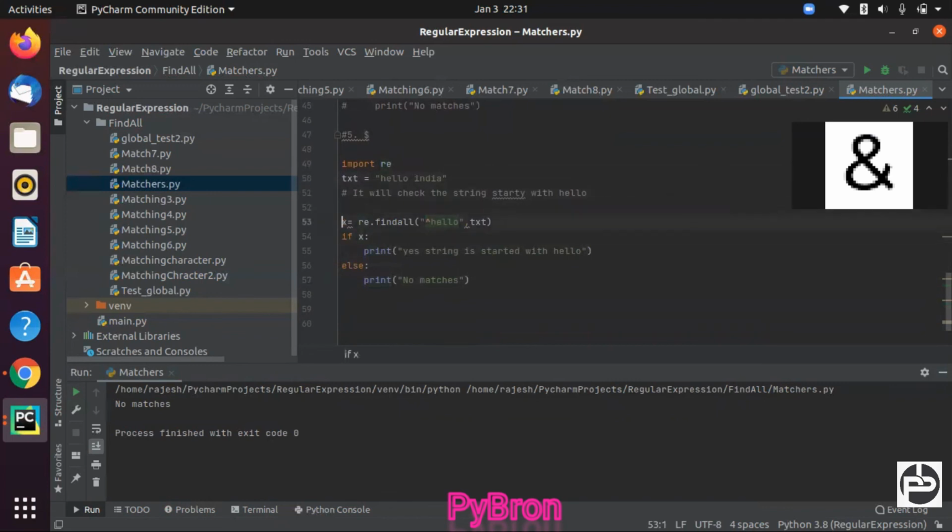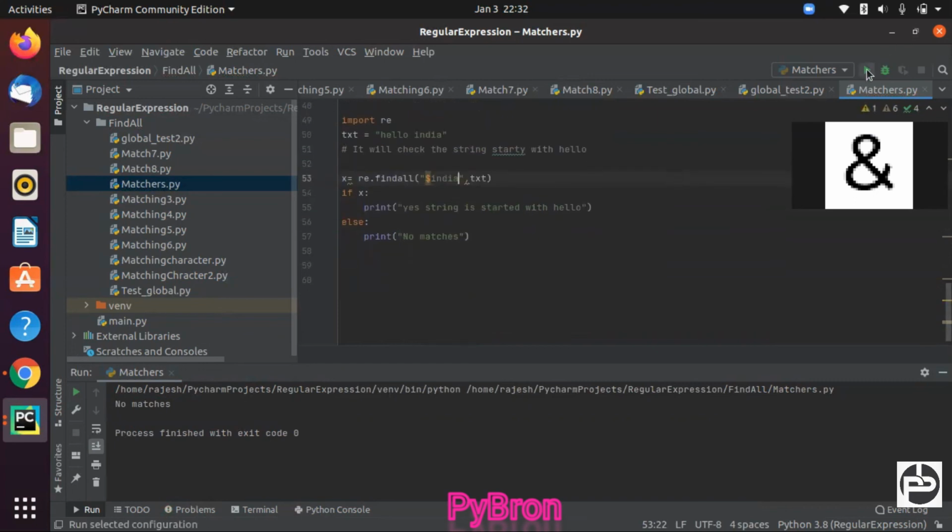If any string is going to end with, if we change this to dollar, it will print x and hello, and we have to keep India here. Now if we execute this code, what is going to happen? No matches.